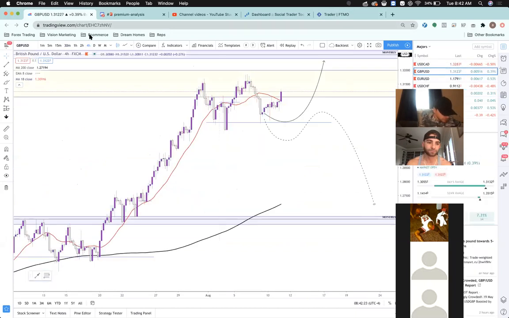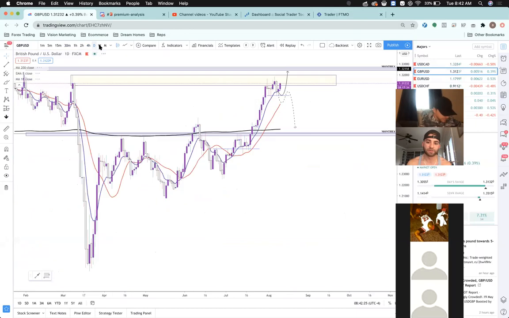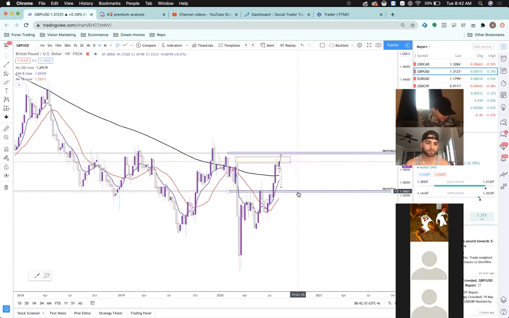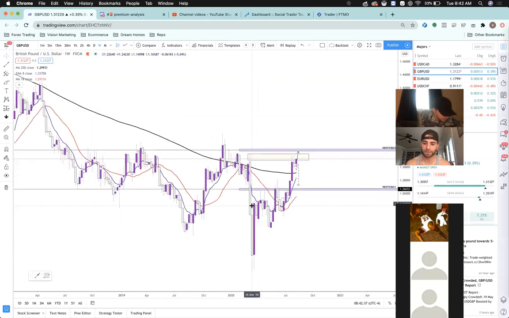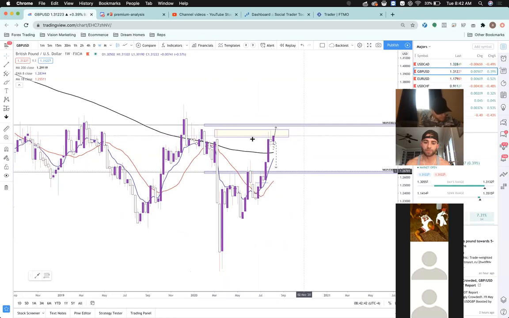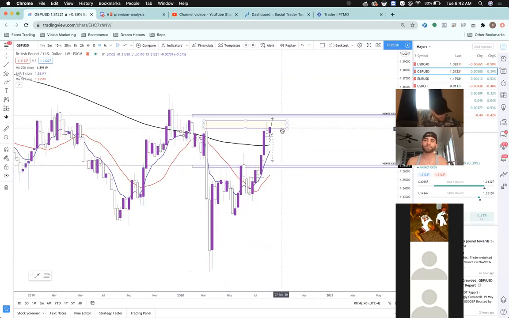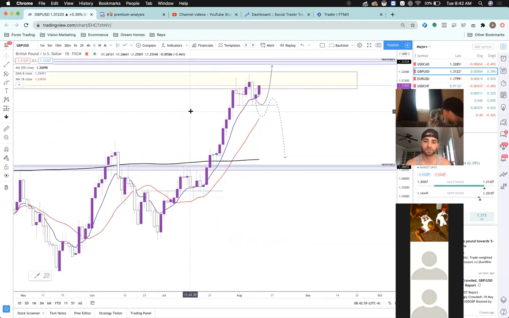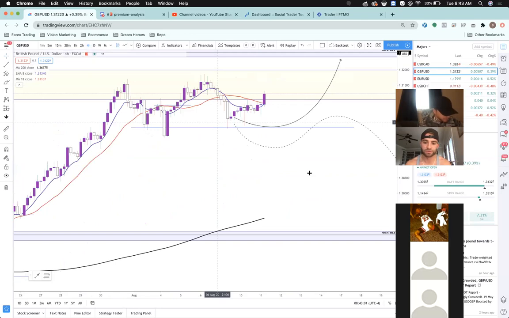Let's go over to GU. These are some pairs that are playing out really well. So we've got GU all the way up on the weekly time frame. On the weekly, we are overall bearish: lower lows, lower high, lower low here. Now we're pulling back. We're all the way at the top in this area, and we just need to cycle down time frames. Very overextended right now. Last week formed this spinning top candle right here with a lot of exhaustion. That shows us signs of reversal. We need lower time frame structure to actually break.